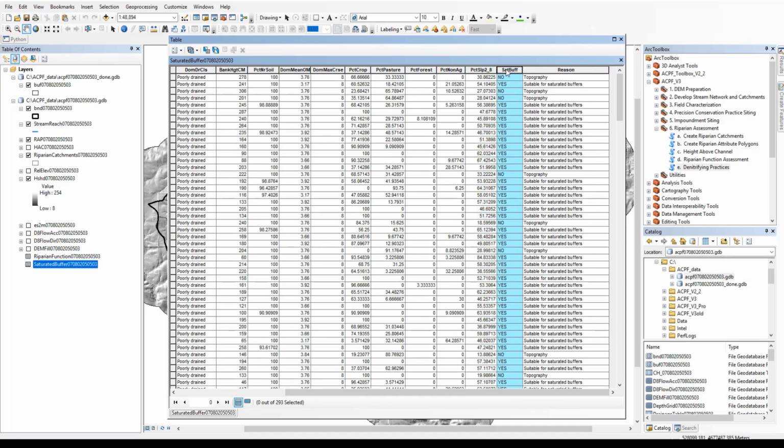And finally, we have if it is suitable for saturated buffers. This result can be yes or no, or yes with carbon enhancement, and that would indicate that things such as wood chips would need to be added to the saturated buffer. And then we also have the reason for failure if it did. You see, if it was suitable, the reason will just say suitable for saturated buffers.